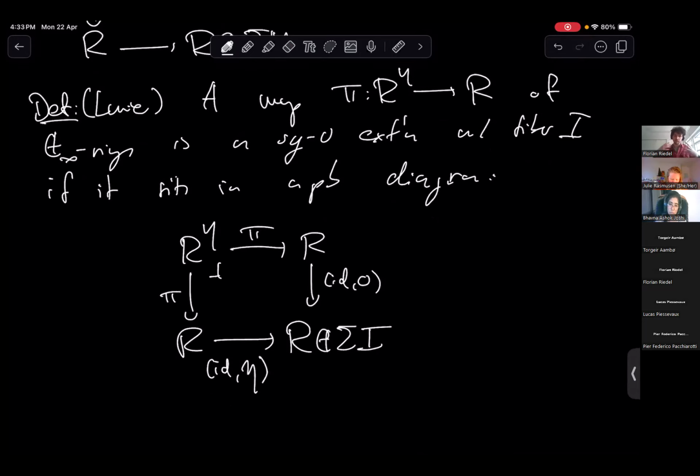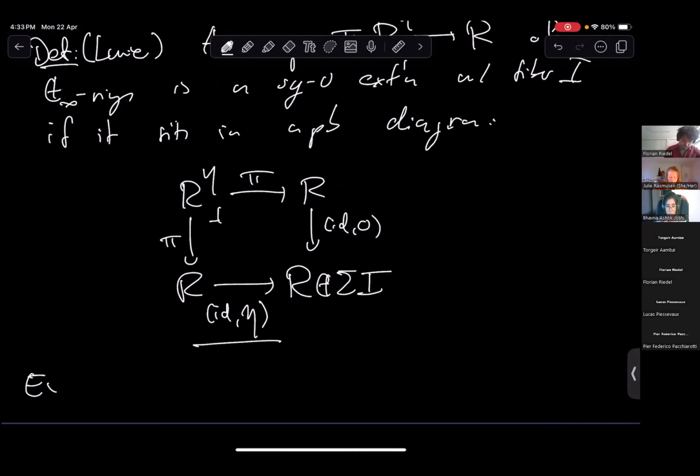So you can imagine the split square zero extensions kind of as E-infinity group objects in augmented algebras. So in some sense, it's like a group object, and the square zero extension is like a torsor under that thing that's being classified by this map right here. This is how you make sense of square zero extensions in generality.